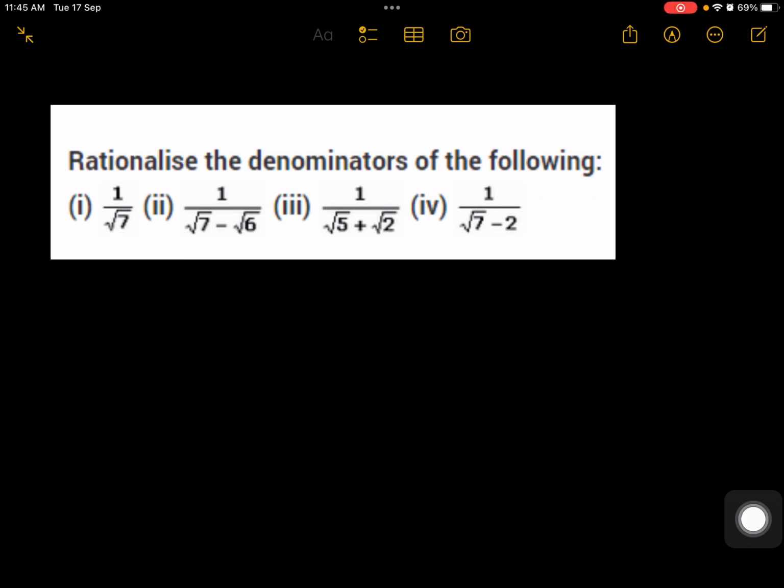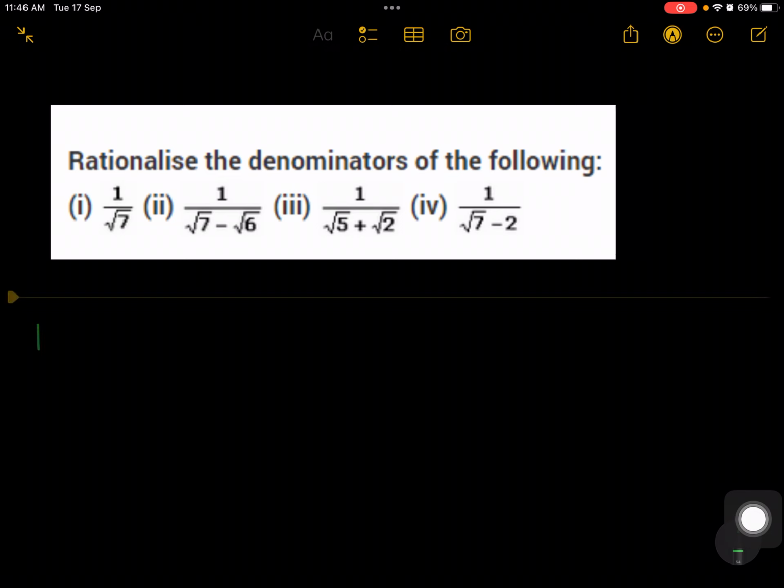हेलो बच्चों, देखते हैं एक्सरसाइज 1.4 का क्वेश्चन नंबर 5। यहाँ पे हम लोग आज डिस्कस करते हैं। क्वेश्चन इज, रेशनलाइज द डिनोमिनेटर्स ऑफ द फॉलोइंग। ओके, सो हियर वी आर गोइंग टू डू रेशनलाइज द डिनोमिनेटर्स।